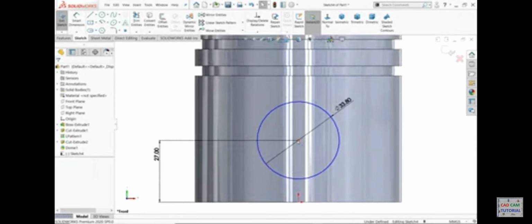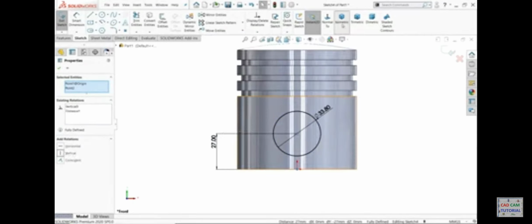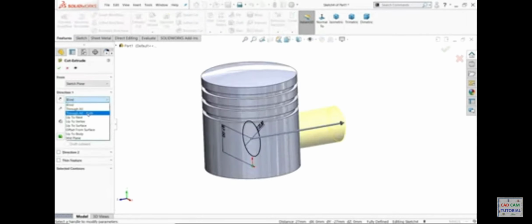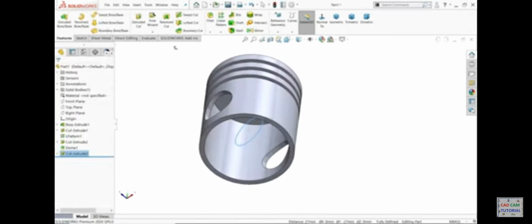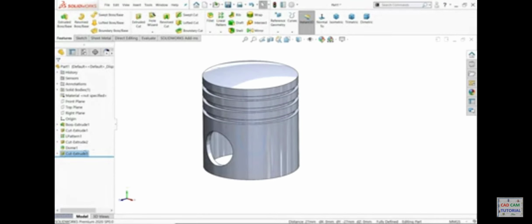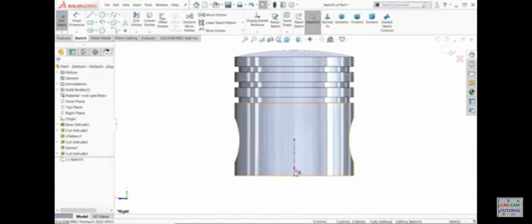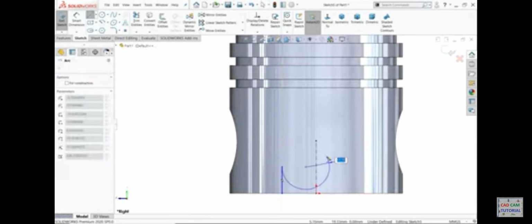Now it's still not defined, so do one thing, make one constraint relation, select both vertical. See, feature and choose extruded cut. Now here we need to make the cut through all, both. Say yes. Look, now again what we will do, okay, let's cut first, right plane, and let's draw one center line. Now here I'll draw a line. Okay, let's